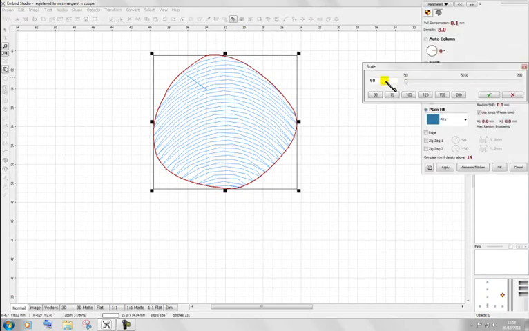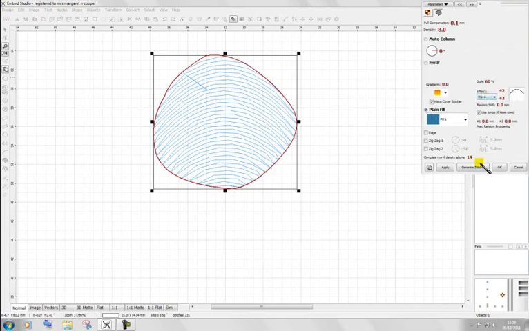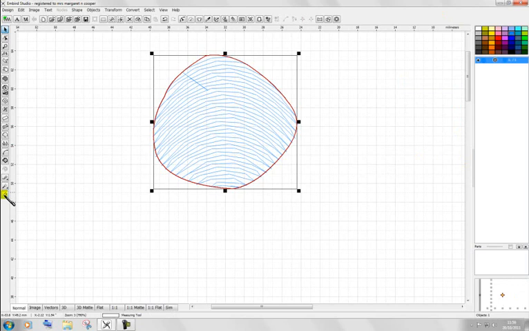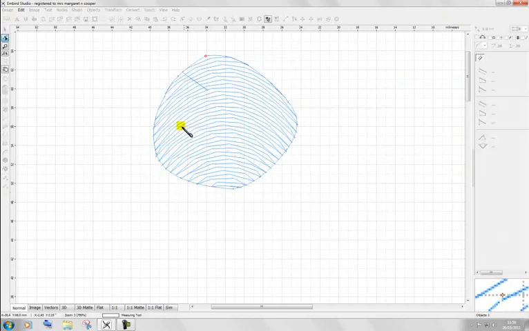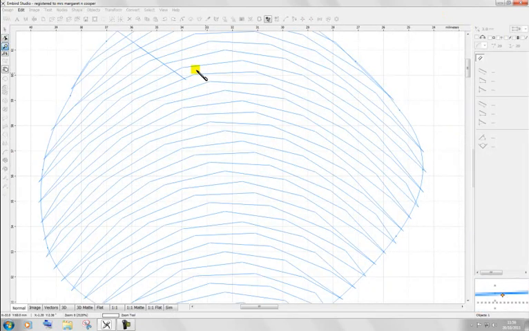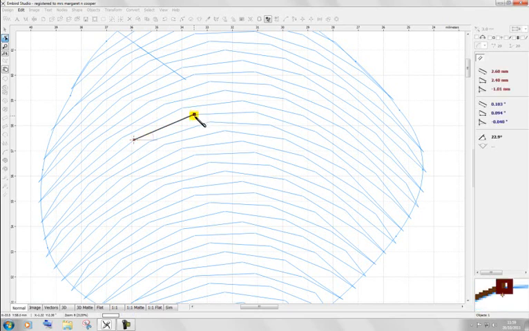Let's try that at 60% and generate that. Go and pick up my ruler, and your stitch points, if I blow this up, okay, and then I go onto that little node there, which gives me back my measuring tool. That's a node point just there, not a node, stitch point, or it would be if these were stitches, but of course they're not, they're just a computer rendition. 2.6,